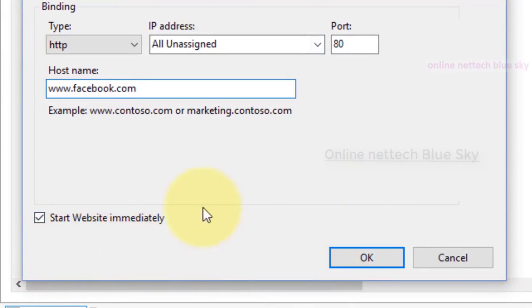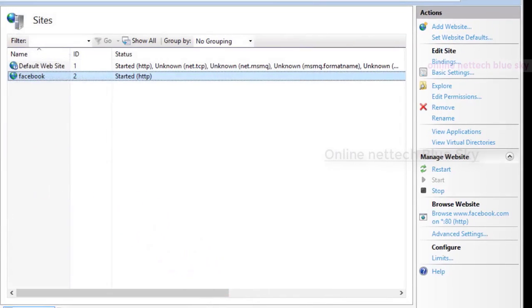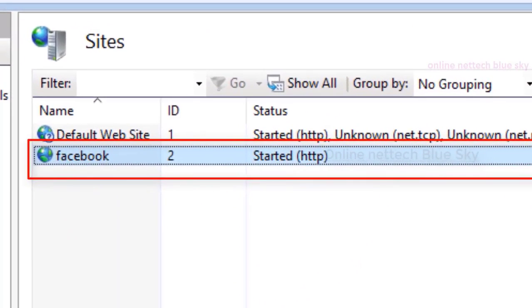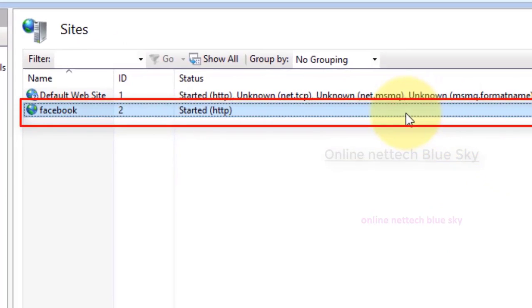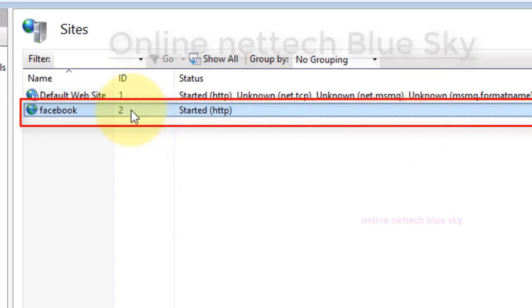So you can enter the host name here, and just enter this tab and start the website immediately, so it opens this website immediately. Facebook is showing here with ID number 2, and the website has already started. You can see the website content and website information here. Okay, it's not showing more. I have not already checked the status inside the system here, but maybe it supports my website content, because the multiple-website feature is not supported on this IIS system.